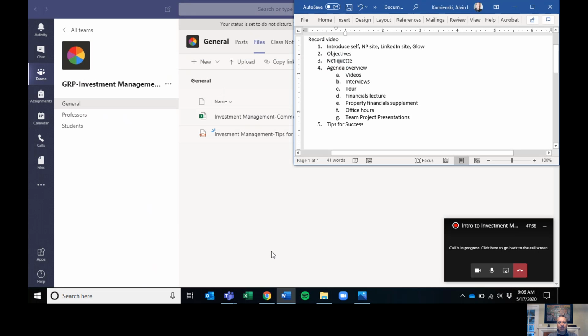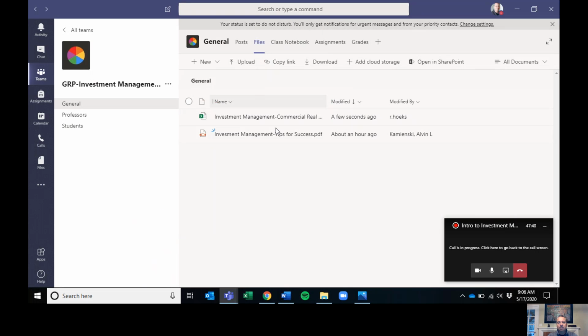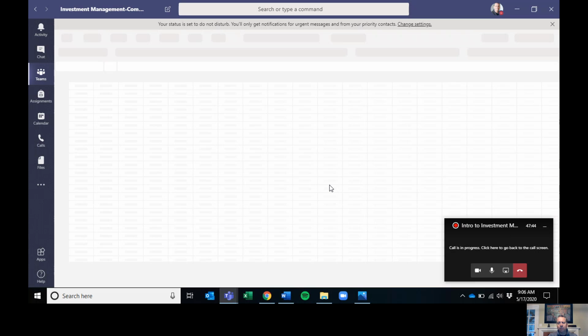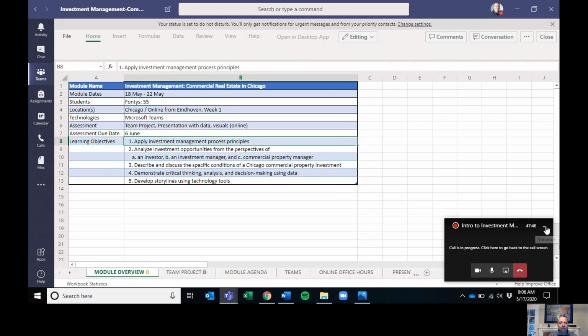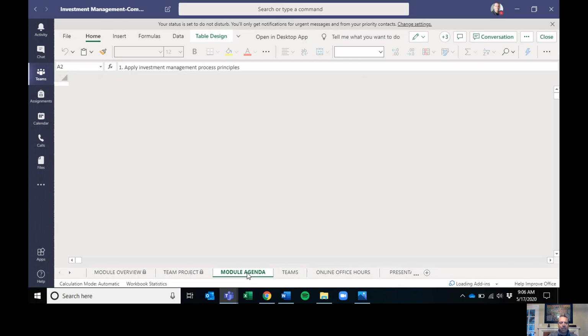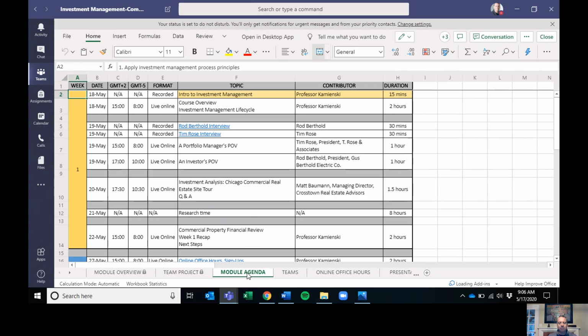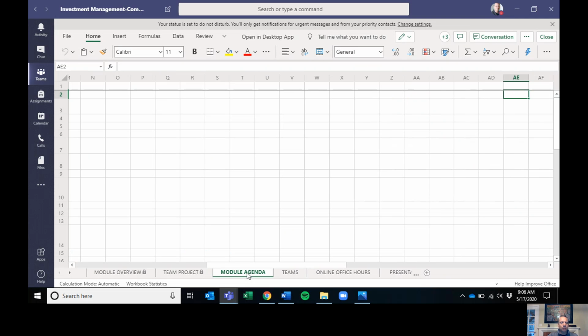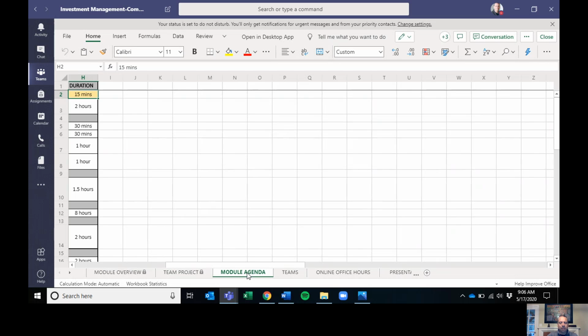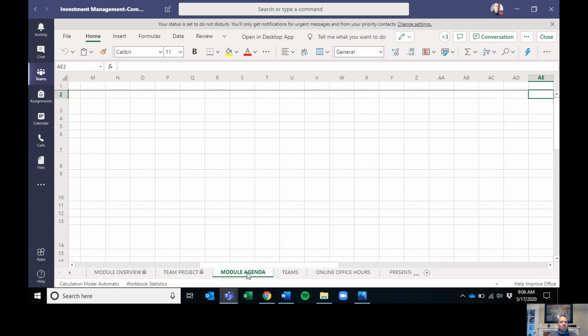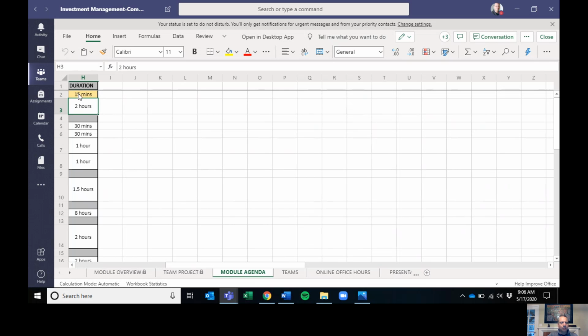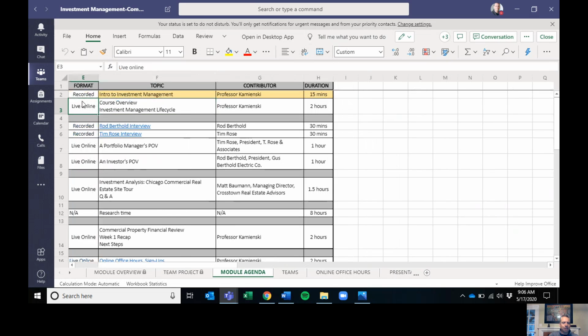So let's go ahead and talk a little bit about our agenda. So coming back to this main file, I noticed that many of you have been inside of this already, so this shouldn't be anything in particular that is concerning or confusing, but you'll notice once I get back to it, column AE, that's not where we want you to be at all. Okay, getting myself back to square.